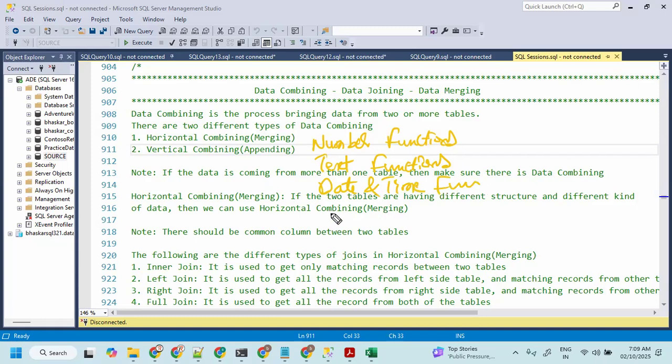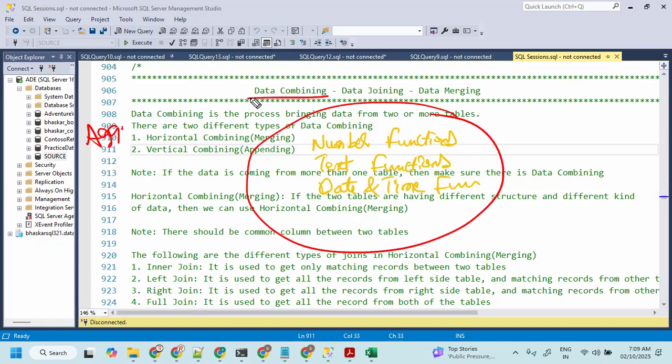And aggregate functions, I think, not yet done. So there are three different types of functions we came across. Before going to the aggregate functions,